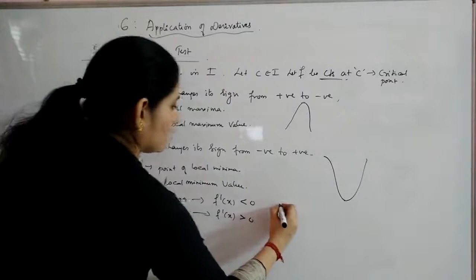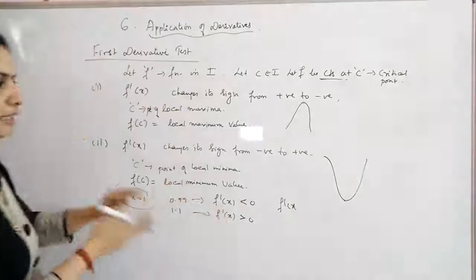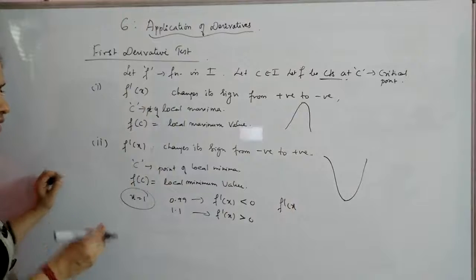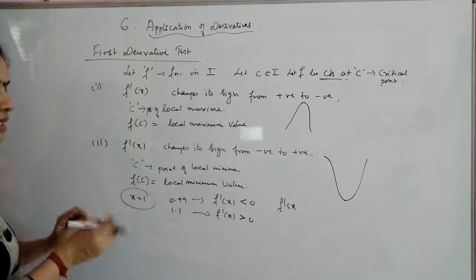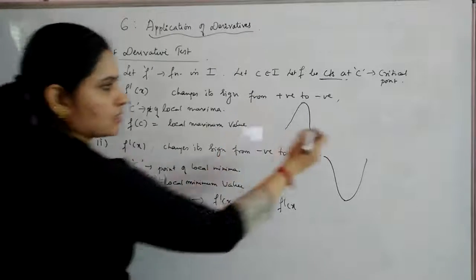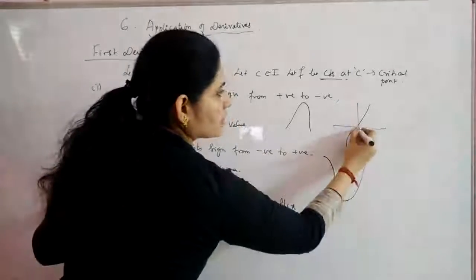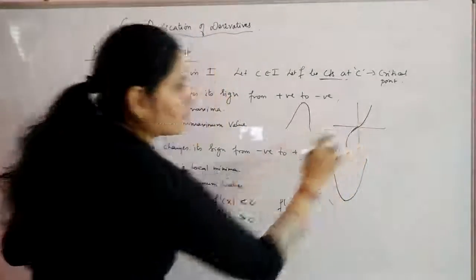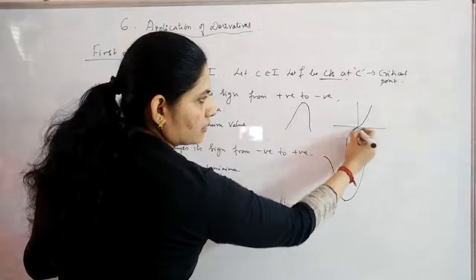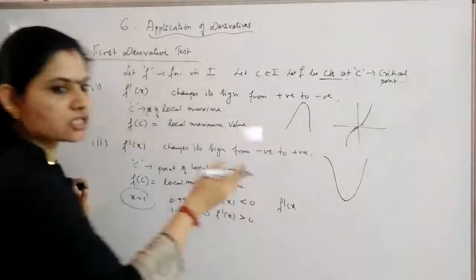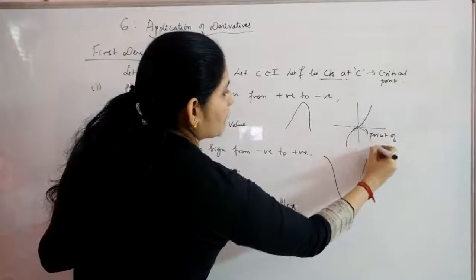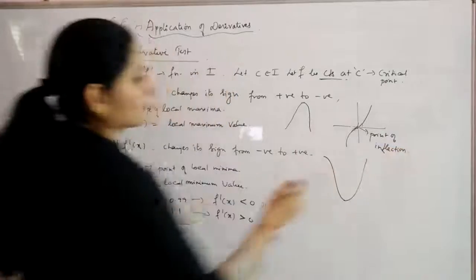In the third case, you are not getting anything. That means neither are you getting f dash of x changing its sign from positive to negative or from negative to positive, then the function doesn't have a minima or maxima. You will say that point C will be the point of inflection. As we discussed, this graph doesn't have a point of local maxima or minima. So that point 0, where the function is changing its curve but its f dash is not changing its sign, at that point you will say it is acting as the point of inflection. Understood?